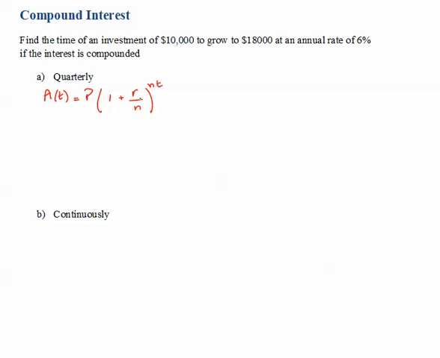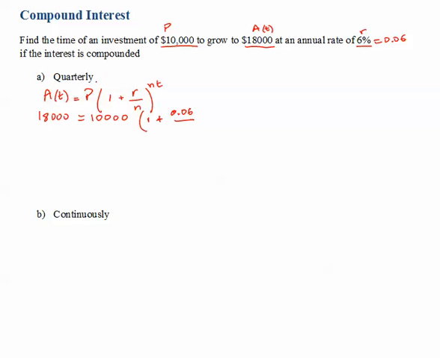For the amount here, we have 10,000. So basically the principal is 10,000. And we want to know when the amount reaches 18,000, when would that happen? And the rate we have is 6%. So we have the amount of 18,000 is equal to the principal, 10,000, times 1 plus the rate. 6% is the same as 0.06